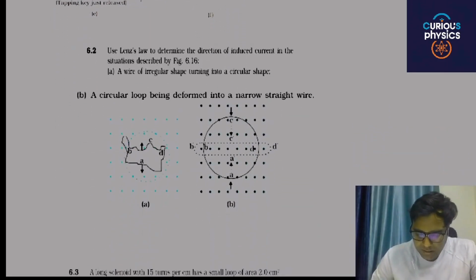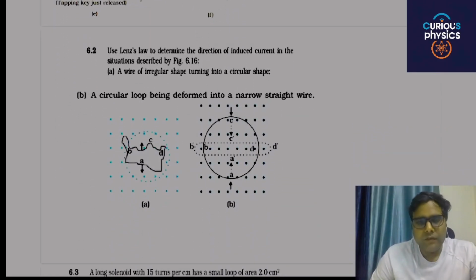Next, again, in these particular loops, you have to show the direction of current. In the first case, if the area will increase, and the magnetic field is in the inward direction, if the area increases, then will the magnetic flux increase or decrease? Magnetic flux will increase. Then